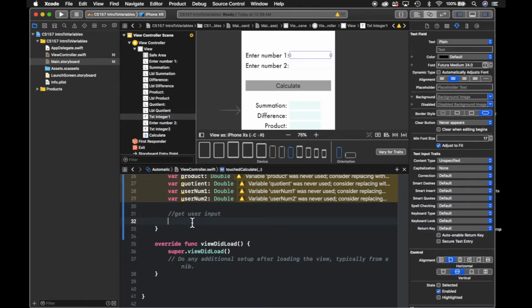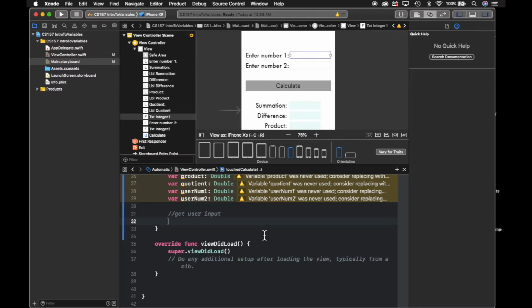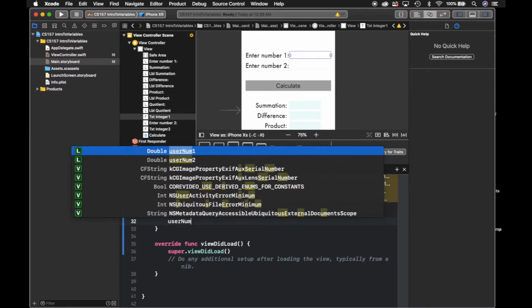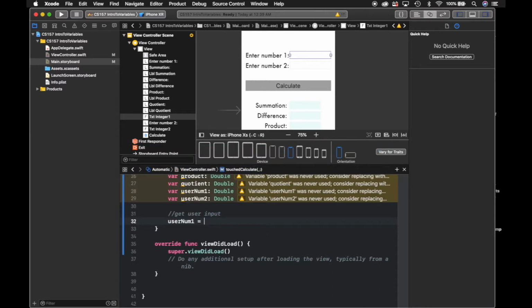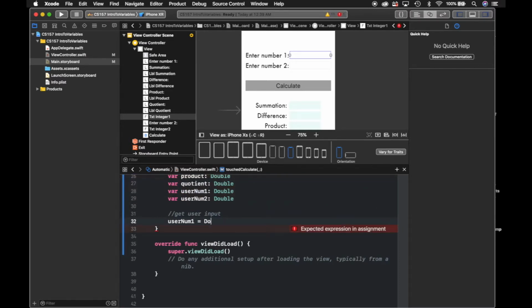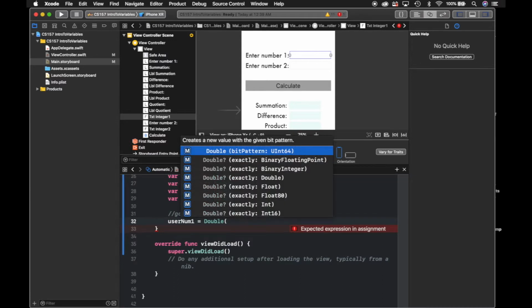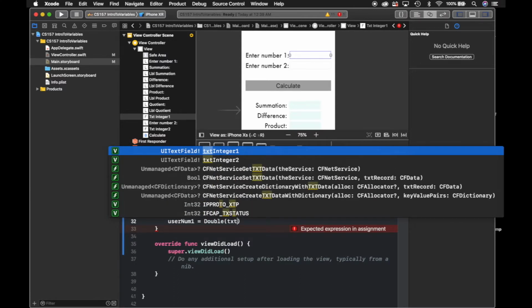So what I'll do is over here in the get user input, I'm going to say, first of all, put into num1, and this is called the assignment operator in this context. It's not called the equal symbol. I'm going to cast this thing or convert it into a double, specifically txt, and I'm not going to type anything more. As soon as I typed in that txt, you can see that this autocorrect appeared,